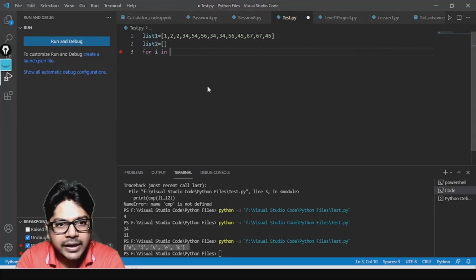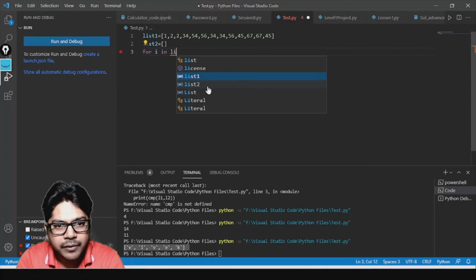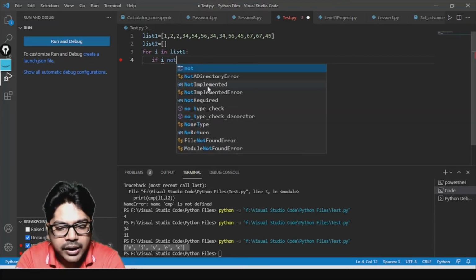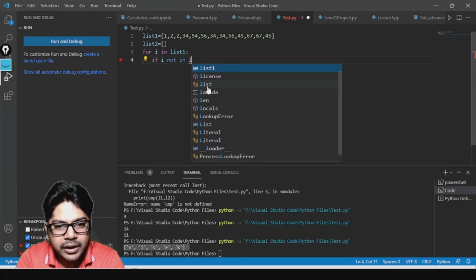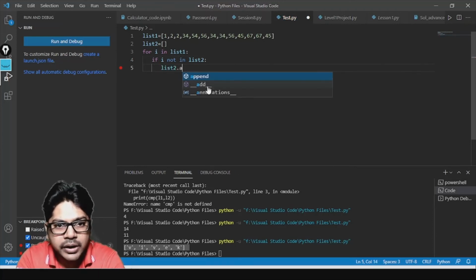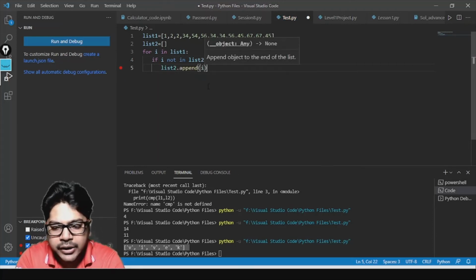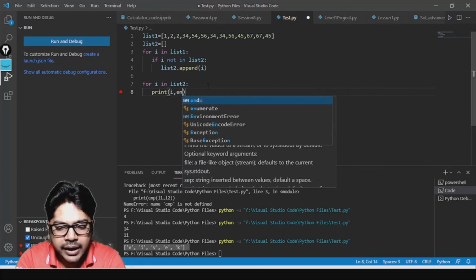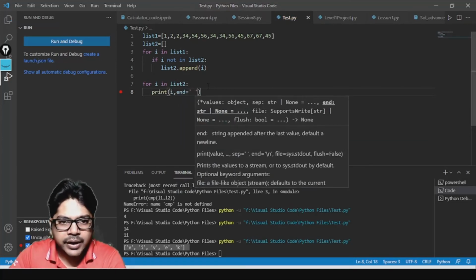Now for i in list 1, if i not in list 2, then list 2 dot append, and I'm going to add i to it. Then I try to print for i in list 2, I'll print i, and then end, the end separator.